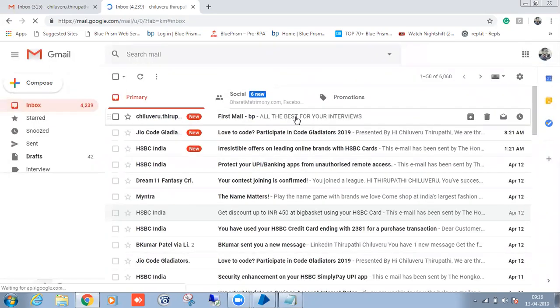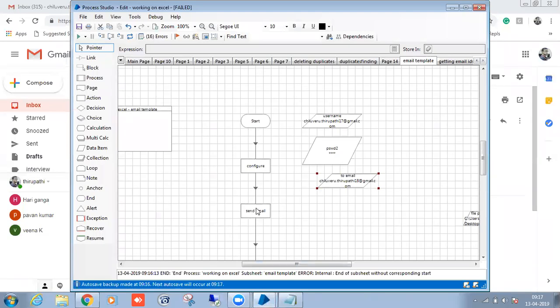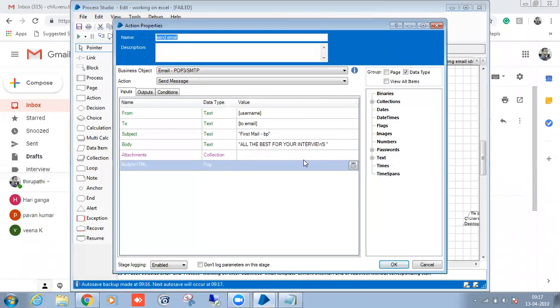So you got the mail. All the best for your interviews. Okay, subject and the body, everything is going to be sent. This is about the SFTP mail. If you want to add some other text, you can also add.